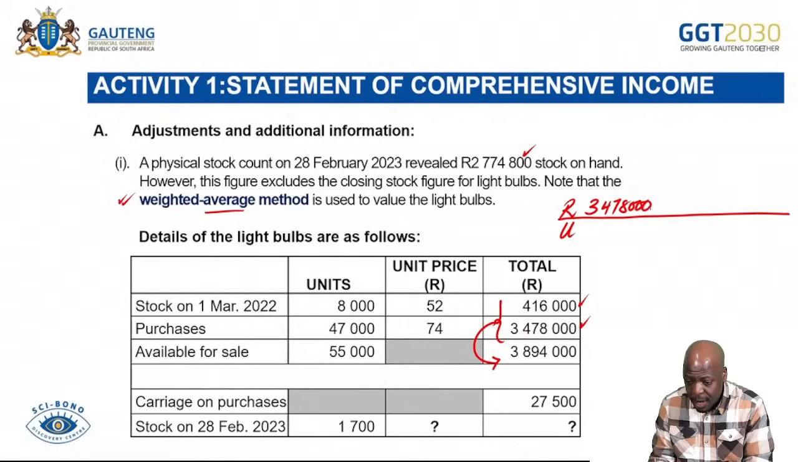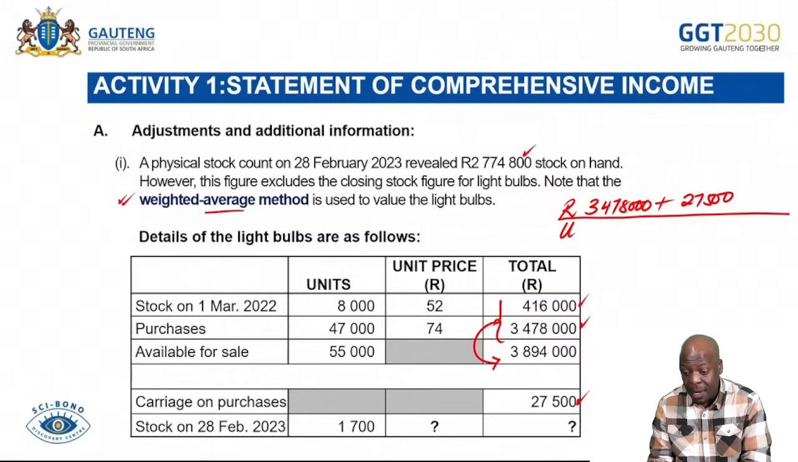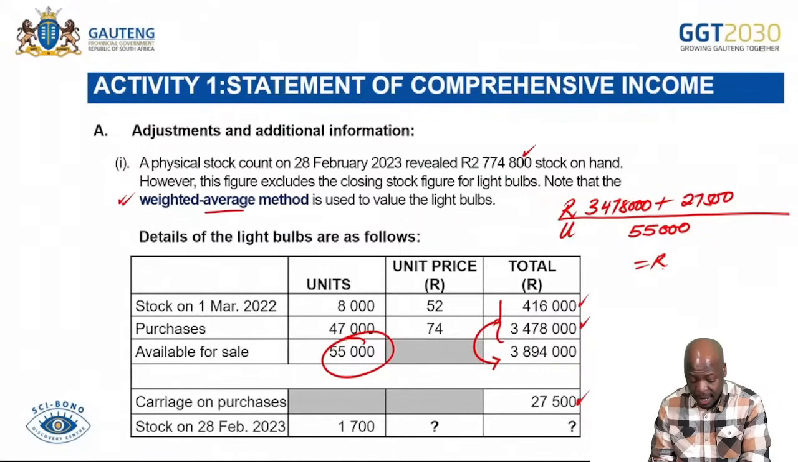3,478,000. And then I say plus, do I have any carriage? Yes, there is your carriage, 27.5. I understand that this 3,478,000 is in rands, but its equivalent in units is 55,000. So I'll come here, then I'll divide this by 55,000 units. And then I'll get the average price per unit in this case, which is going to be, okay, so you